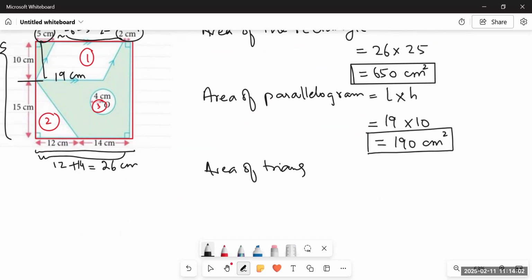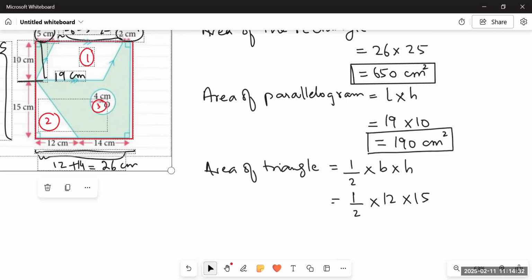So if we talk about the area of the unshaded triangle, what is the formula for this? The formula would be half into base into height, right? Since it's a right angle triangle, and we have already discussed in detail, in a right angle triangle the two adjacent sides are base and height respectively. So if we take this as the base, which is 12, height would be 15. Both are clearly mentioned, so we don't need to panic.